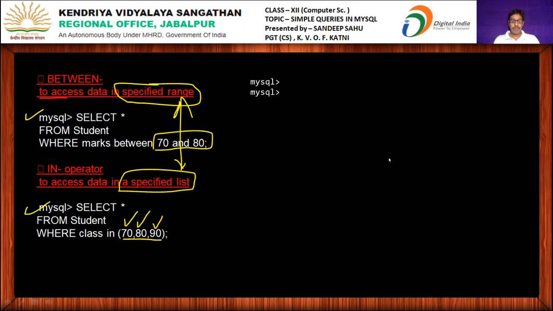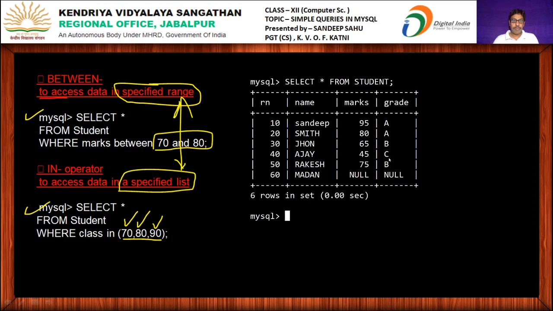Our table was student. In this table, suppose I want to display the records having marks ranging from 70 to 90.